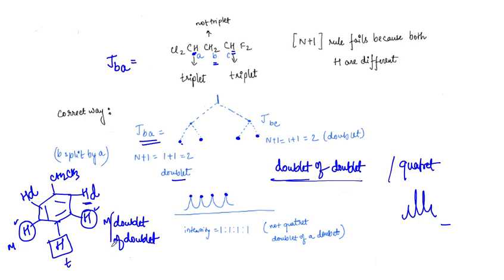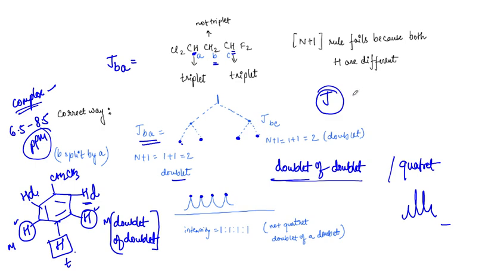But why have I written multiplet again? Because in the aromatic system we are again going to get a complex spectrum, with aromatic protons ranging from 6.5 to 8.5 ppm. To understand the complex spectrum, we try to break it down and understand that these two protons are giving us a more complex spectrum as compared to all of these three. So this was it, guys. I hope you got an idea about what the coupling constant is, what the types of coupling constant are, and how we are going to split a peak.